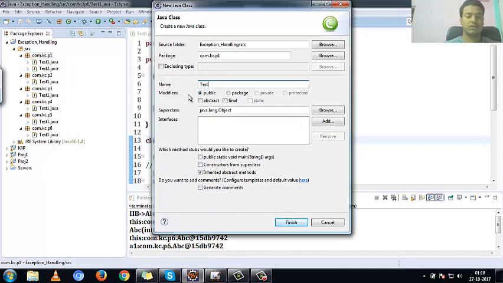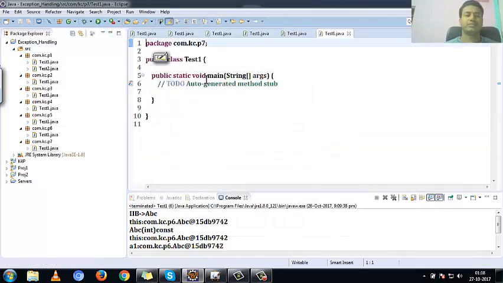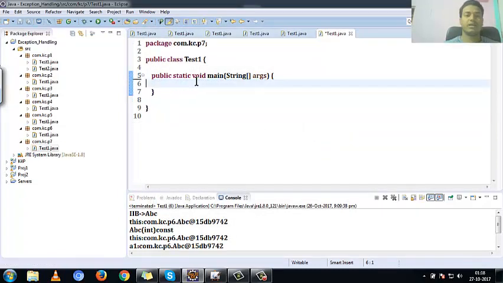Test 1, and in package say p7. Take a main method and click on finish. Now